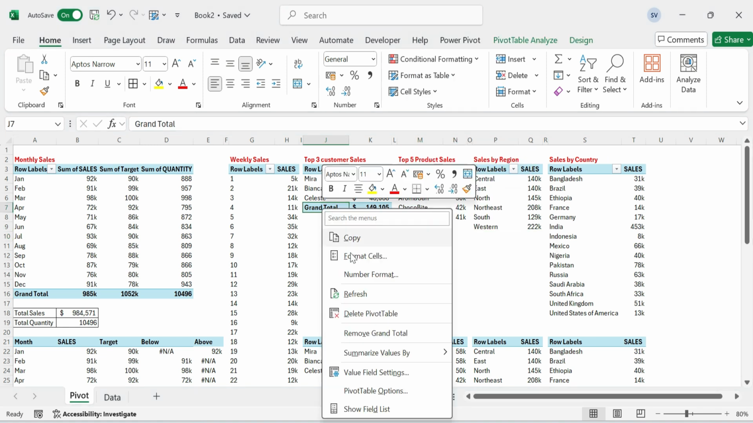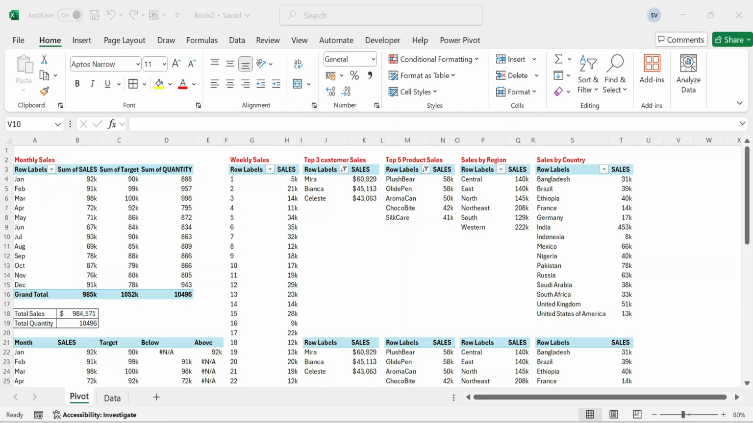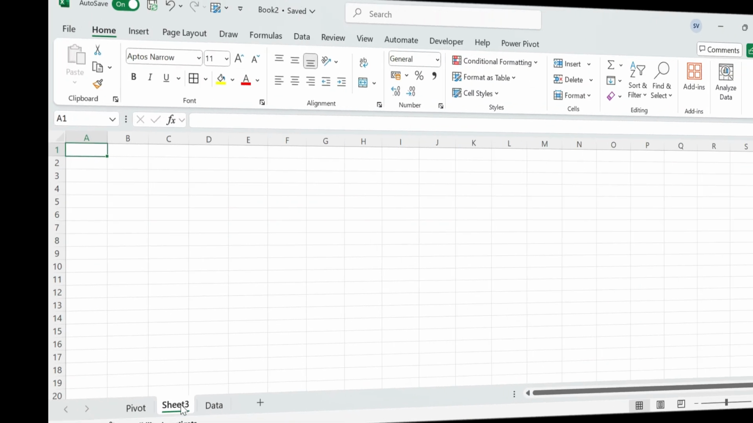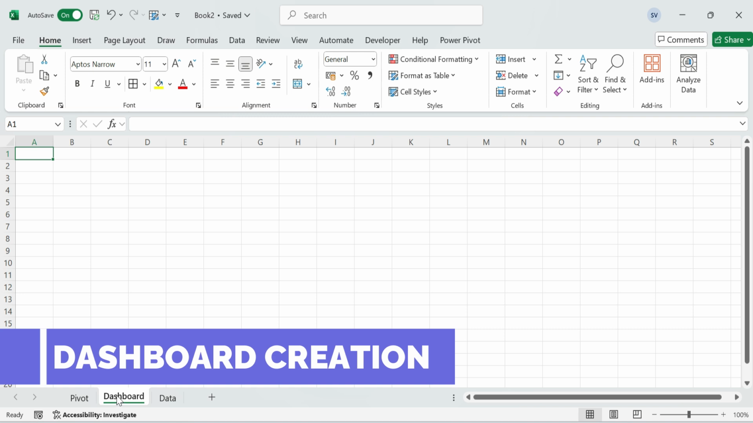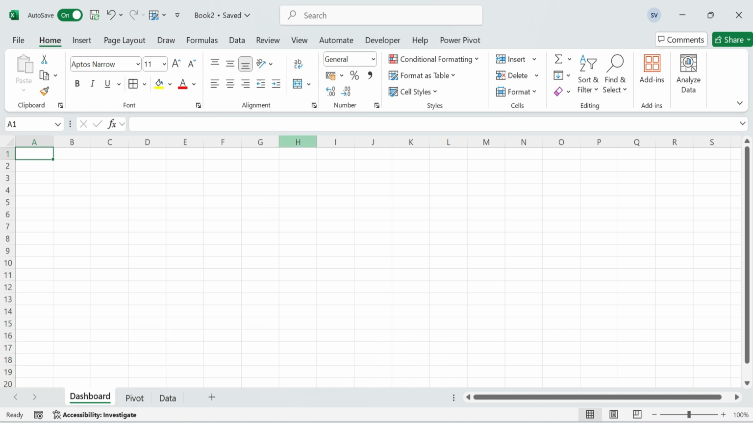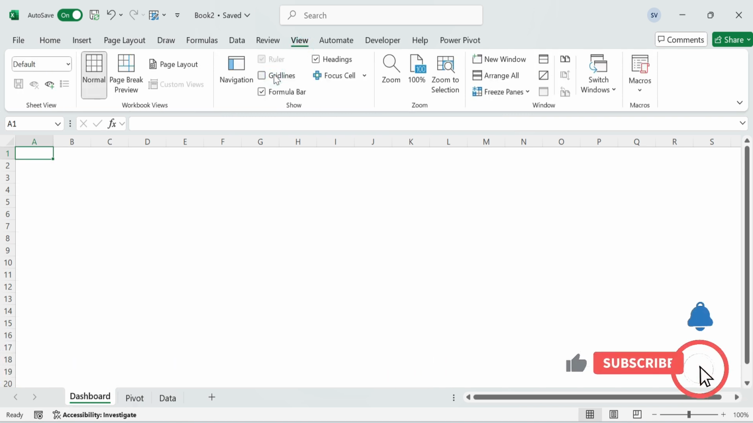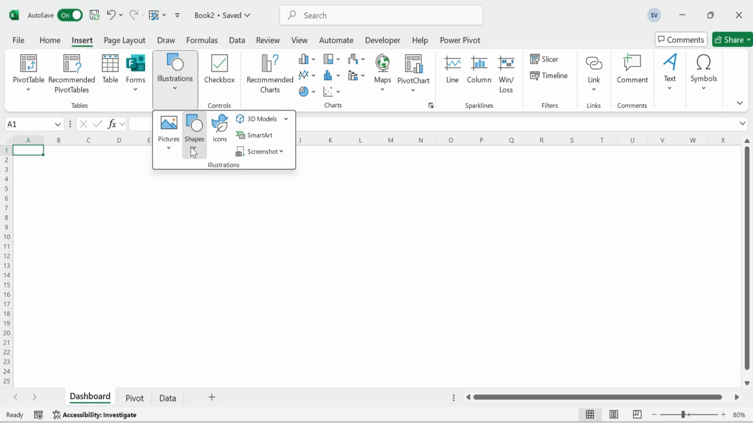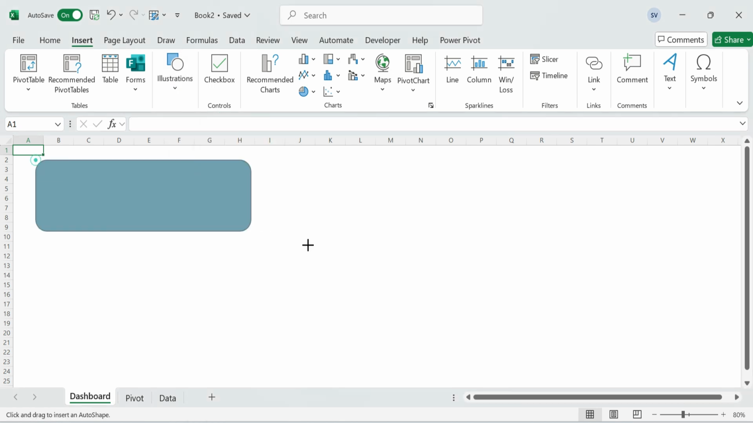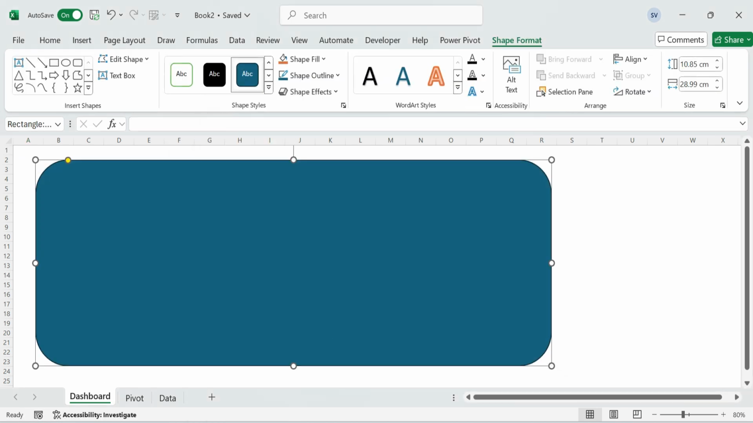Let's move on to designing the dashboard layout. With all pivot tables ready, move to the dashboard sheet. Create a new tab, rename it to Dashboard, and move it to the left. In the View tab, uncheck Grid Lines for a clean workspace. Insert a rectangular shape for the background, under the Illustrations tab. Adjust its size